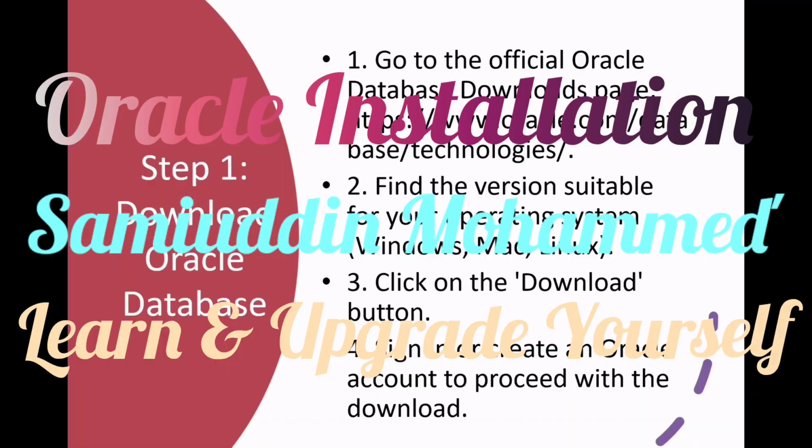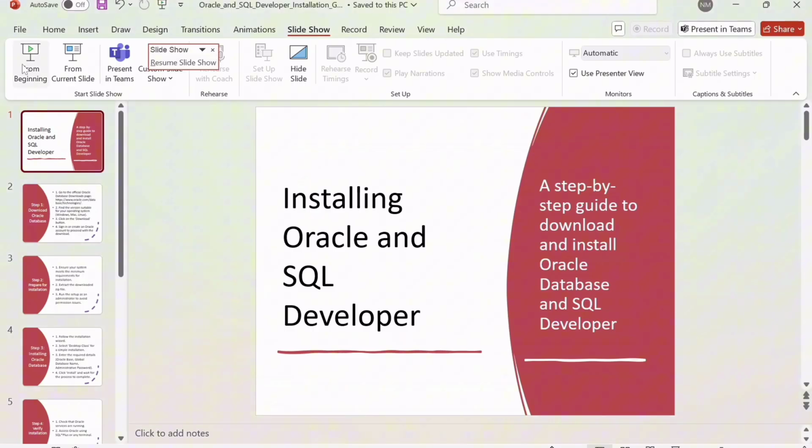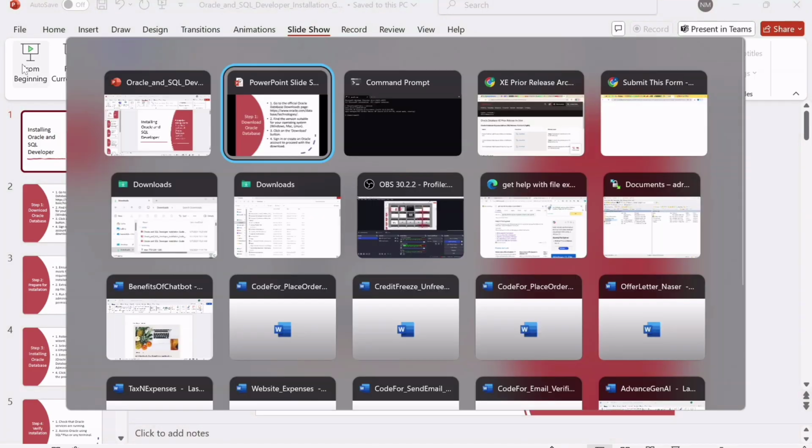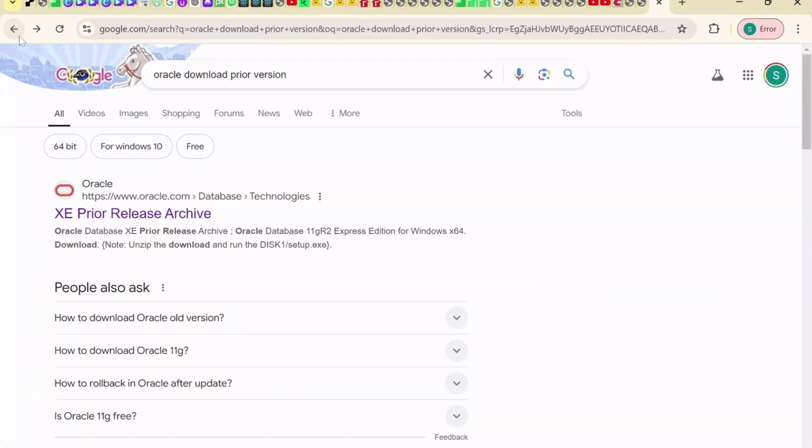we have to go to the Oracle official page, or you can Google it and type it. So let's go to, yeah, I've already opened the screen. Here, go to Oracle and type Oracle download. We are taking a previous, older version, Oracle 11G, so it will work smoothly on our home